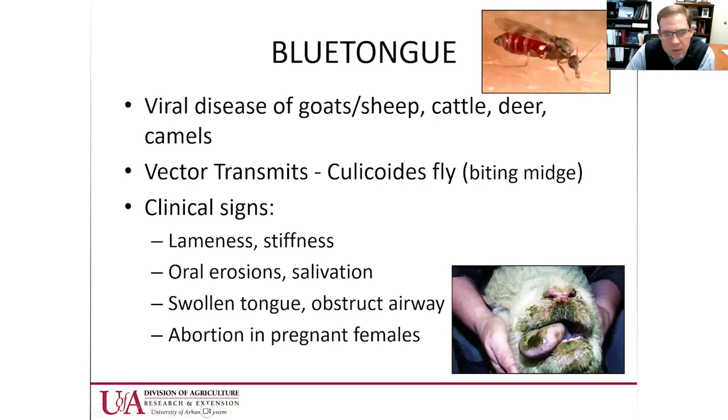Once the tongue starts to swell, it can obstruct the airway, and animals can die with this disease. Pregnant animals can also abort from having issues with blue tongue, so it can create abortion, usually early pregnancies, because of the time of the year the culicoides fly is out and circulating, so it would be in